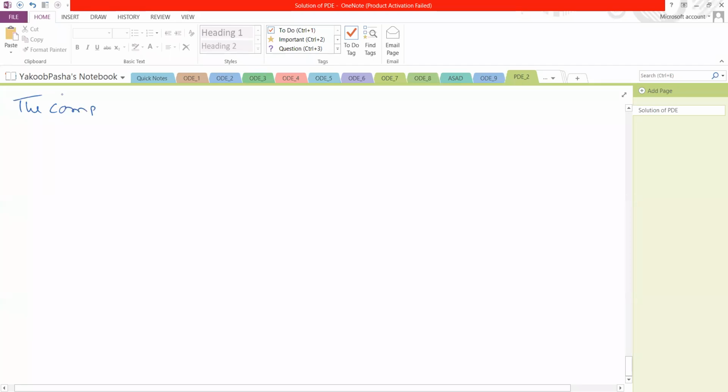The complete solution of the partial differential equation x square p plus y square q is equal to x plus y into z is